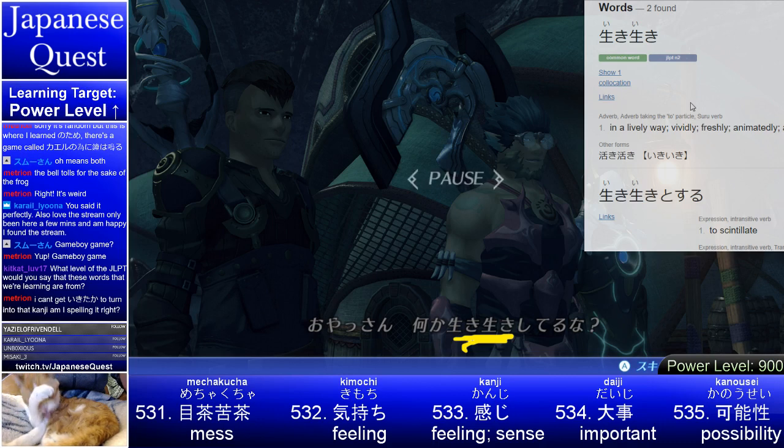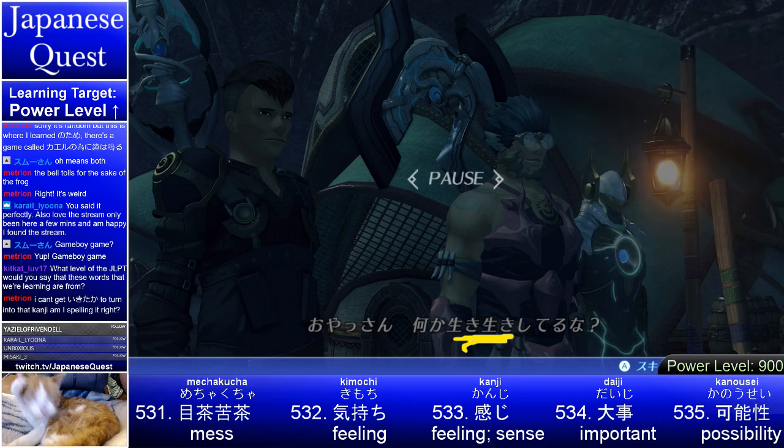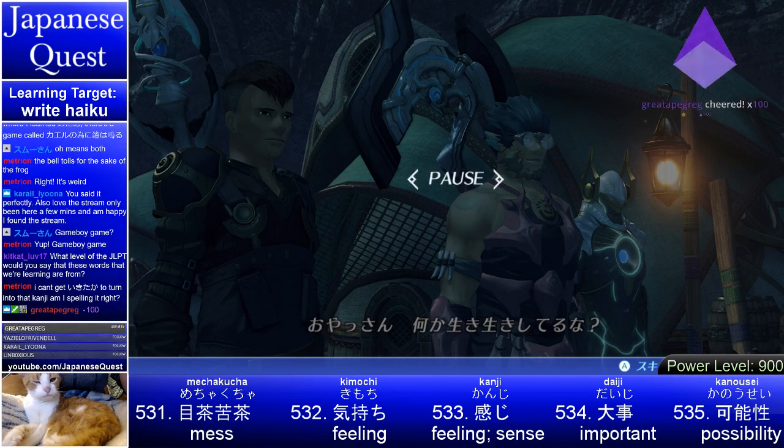多分私たちのせい. So probably because of us, right? So he's saying you seem more energetic than usual. してるな。